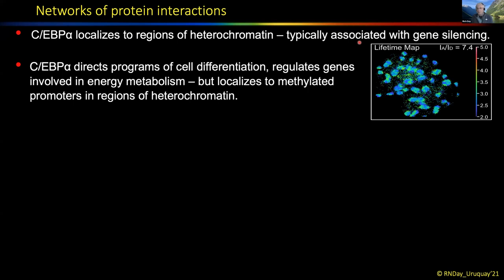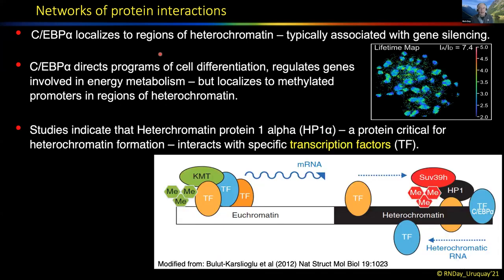These regions are usually associated with gene silencing. CEBP alpha is important in directing programs of cell differentiation, so it regulates genes involved in energy metabolism and other genes involved in differentiation, but it likes to bind to methylated DNA in heterochromatin. And so we were wondering, why does it bind to methylated DNA, and who is it talking to when it's